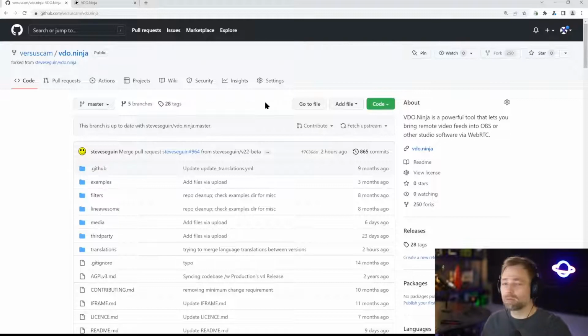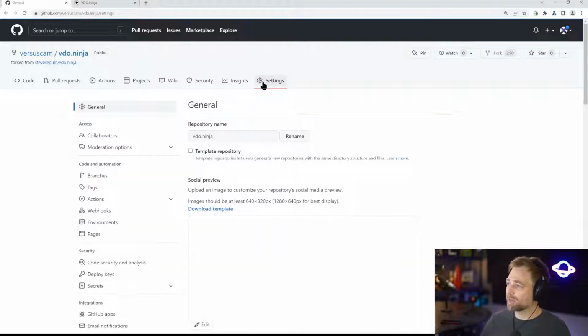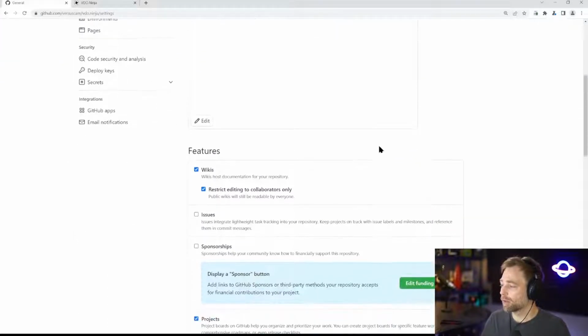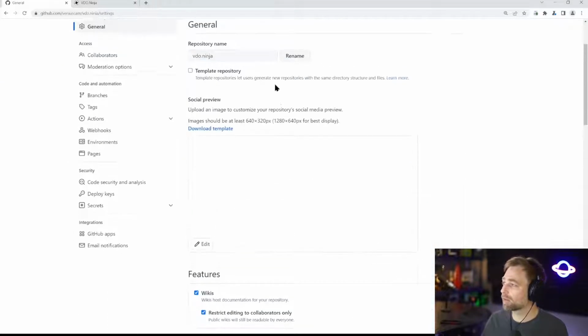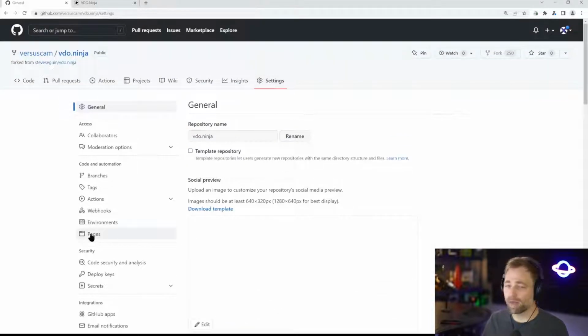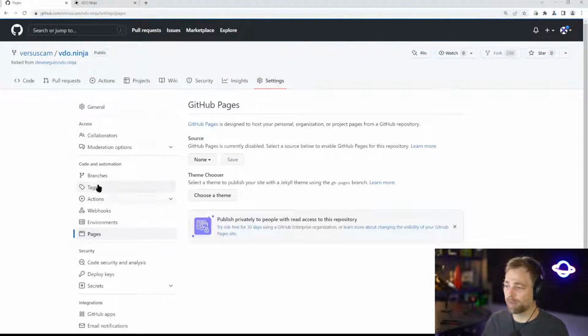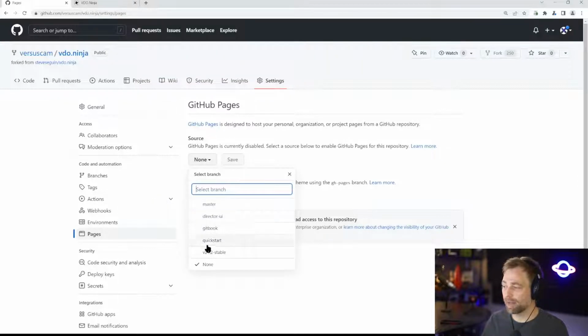Regardless, VDO.Ninja is a web app. It doesn't compile. You don't have to do things like npm, yarn build. You don't have to run a compiler installer. The code can run just as a website. And so that gives us this really neat advantage where we can just go to settings here. We can click on pages from the menu here, okay? And then we can just select a folder,